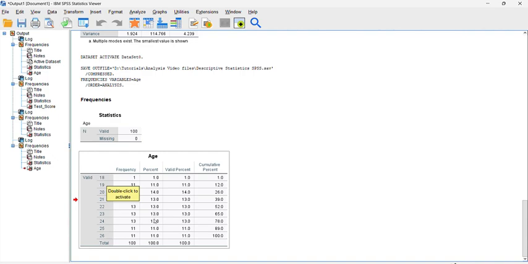So this is the percentage in the distribution. And then we have what we call cumulative percentage. So in case you want to create a frequency table for another variable, we still go back to